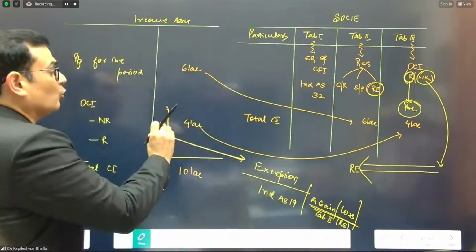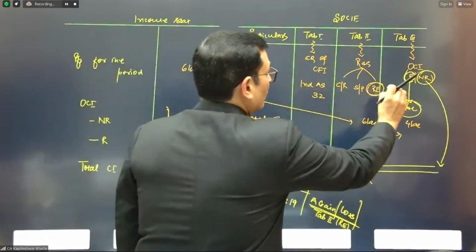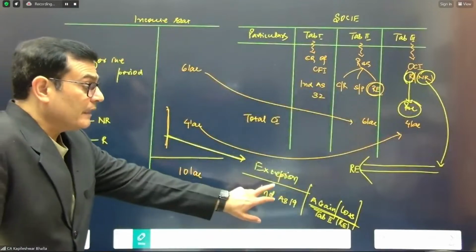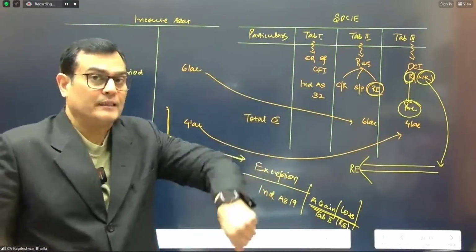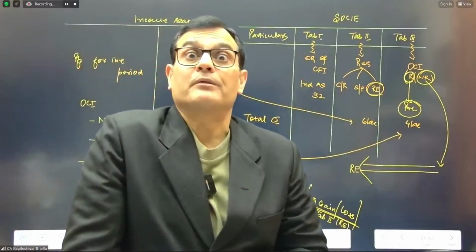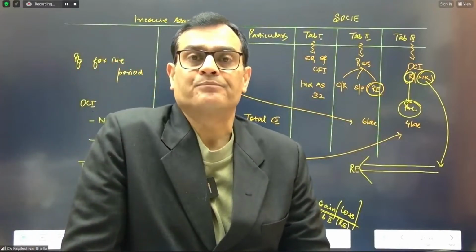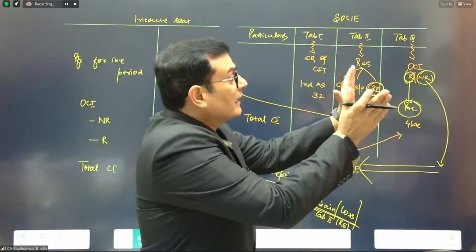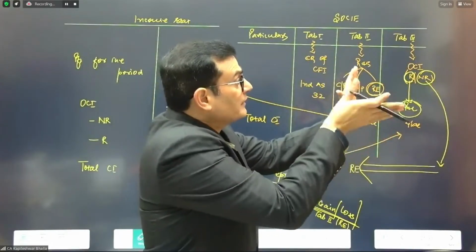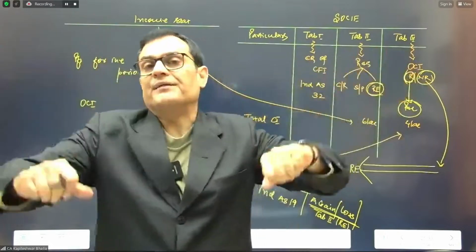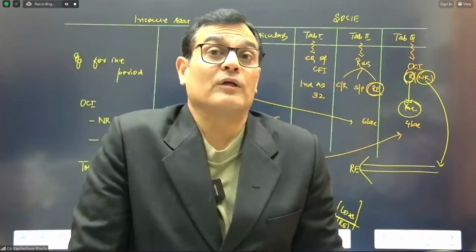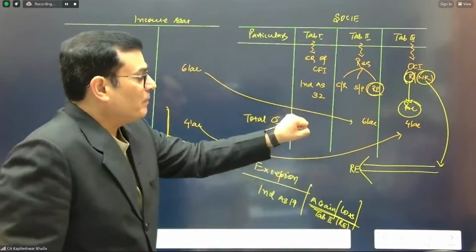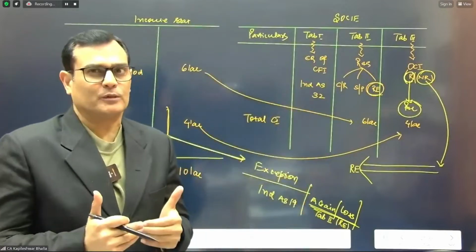Every item in the OCI goes in tab 3 always, with two exceptions. One of the exceptions I've given you is that the amount of actuarial gain or loss is taken in tab number 2. It's inserted in RE. If it is inserted in RE, do you think I need to decide whether I should take it to the P&L or to the retained earnings? It is already in retained earnings, and if it is already in retained earnings, there is no need to push it back through P&L. I hope you got the picture.